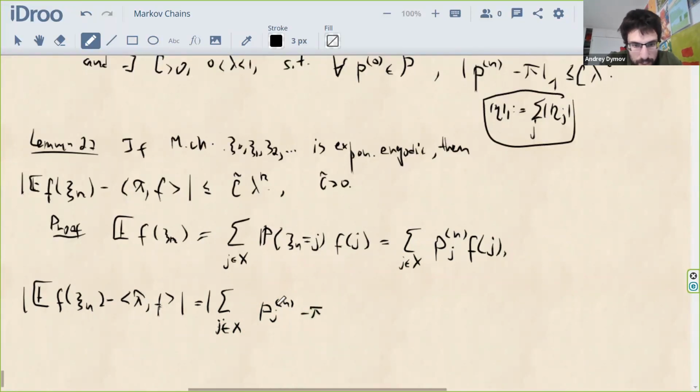So that's why here I subtract pi, and then I write down f of J, and this is bounded by